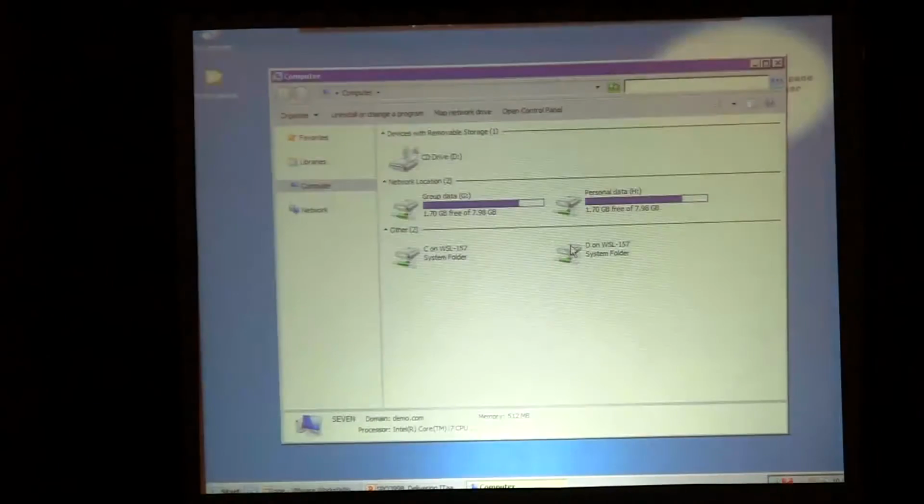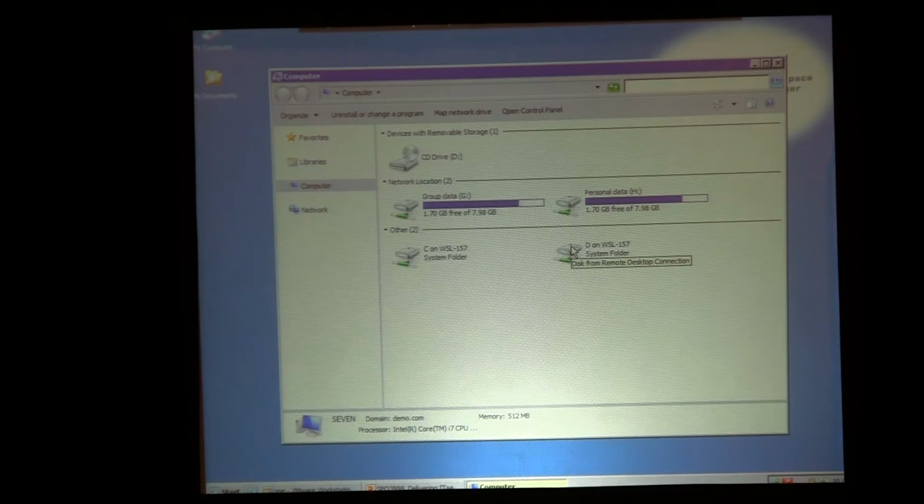So inside the computer, he will have only those drives that he actually needs. So we provide Jeff the information he actually